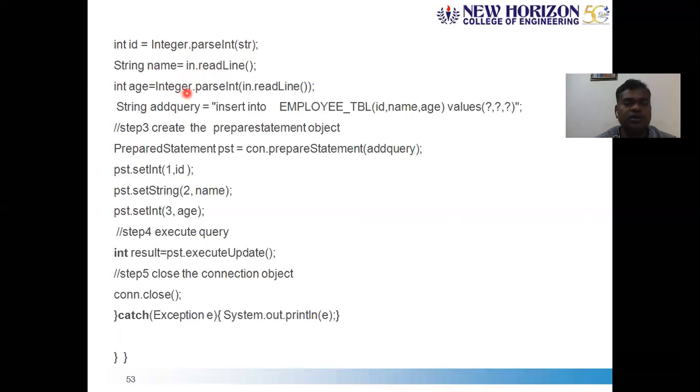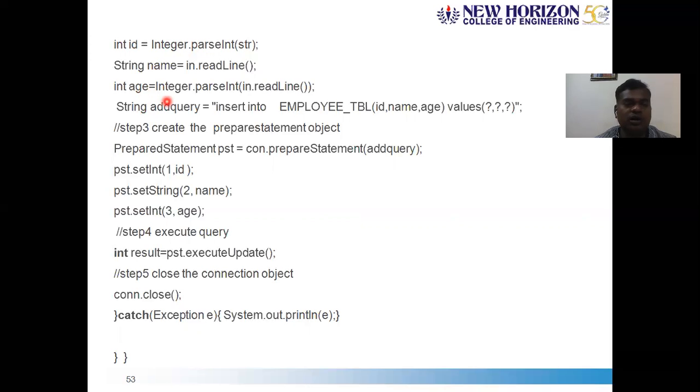Further, as there are 3 readLine statements, it reads the 3 values from the user. Integer.parseInt of in.readLine. So the next value will be in the form of a string, convert it to an integer and assign to a variable age. So your appropriate variables ID, name, and age are ready now.